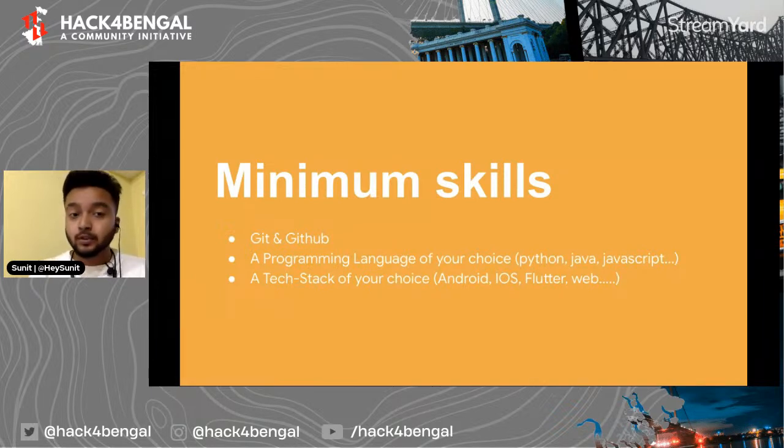So to do that, the most efficient system is Git, which is a version control system. And GitHub is just a website which hosts lots of Git repositories. Git repositories are code bases for various softwares. So these two things that you need to learn first.